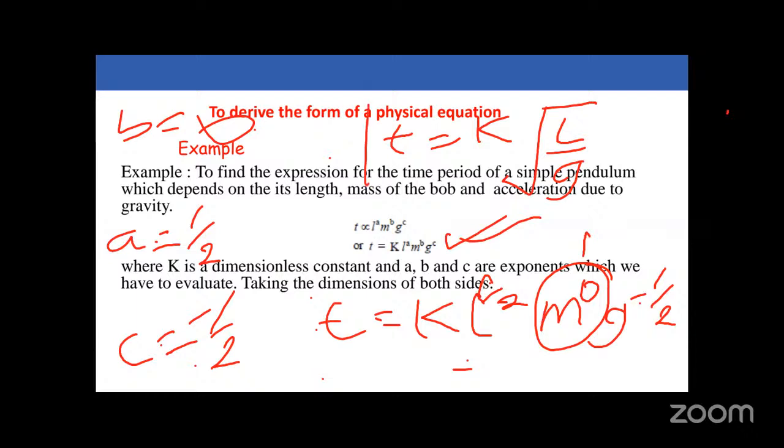So this is a correct representation of how the period is affected by the length, the mass, and the acceleration. In this expression, it shows that the mass of the bulb does not affect the period of